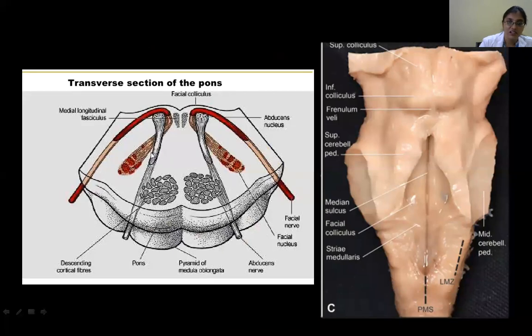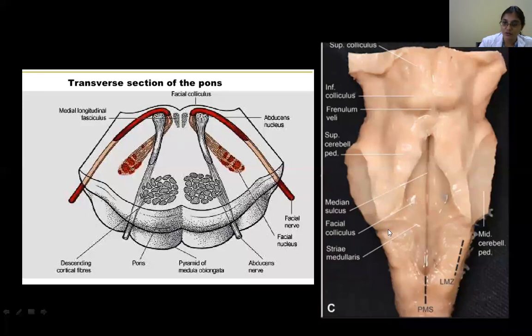But you can see, this is again another example of this neurobiotaxis. Actually, this has come to this position. So you can find these nerves coursing down like this. So this is an abducens nucleus, and the fibers are coming out from the pons. Okay. But because of these facial fibers which are curving around it, forming an internal genu, there will be an elevation behind the pons. So that can be seen as the facial colliculus.